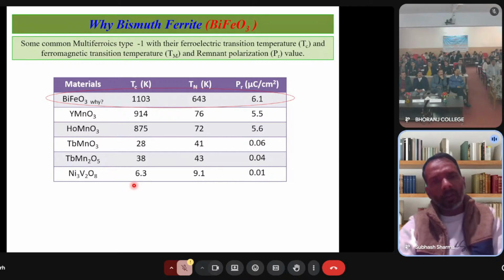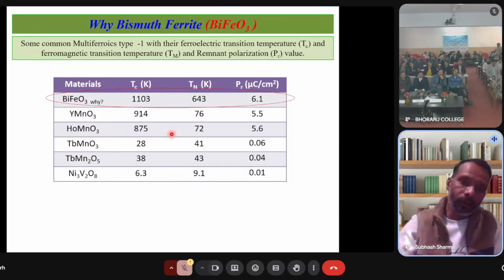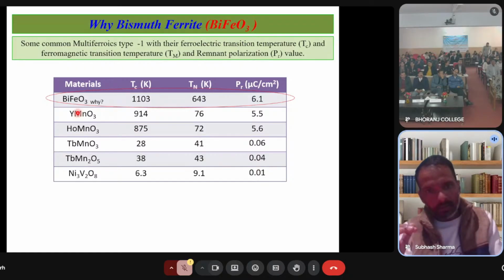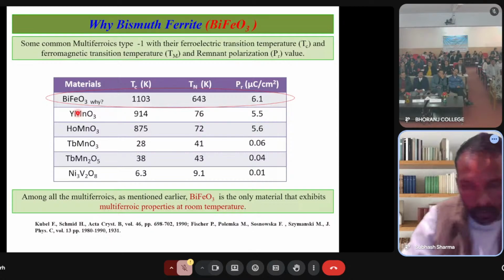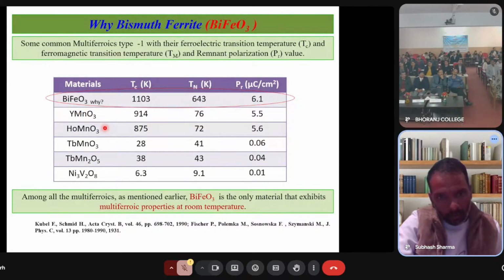If you see all the materials, either TC or TN is well below room temperature. Only bismuth ferrite has both TC and TN above room temperature, a room temperature multiferroic. Got it? For that reason, most study is centered on BFO,